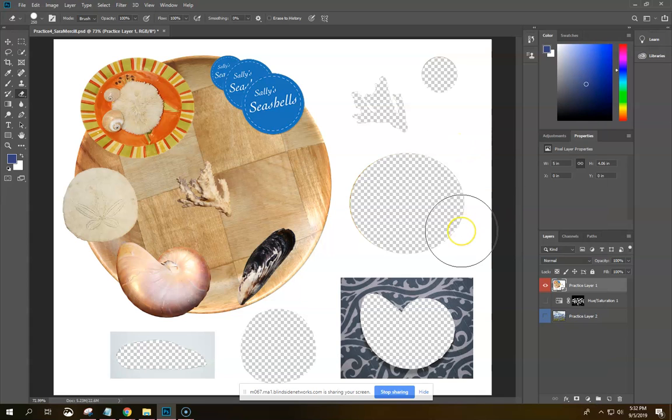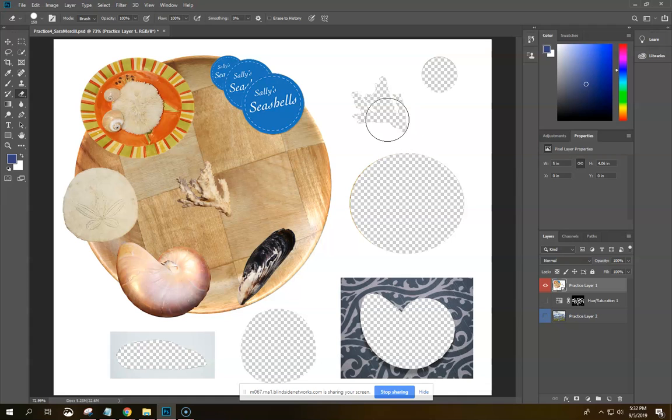Okay. Right click, it's totally fine. Sure you want to delete? Yes. Okay, now I'm back on practice layer 1. Okay, perfect. We can start erasing because I know how to do this part now. Okay, perfect. All right, so I'm going to go ahead and pick the eraser tool again, and the keyboard